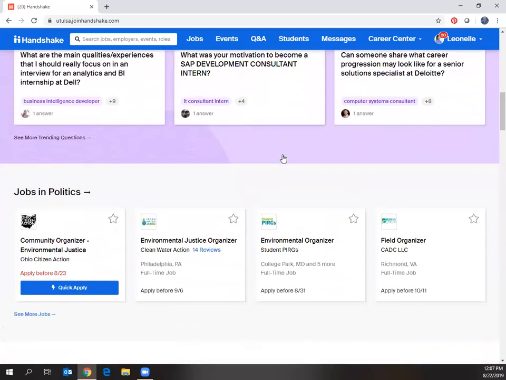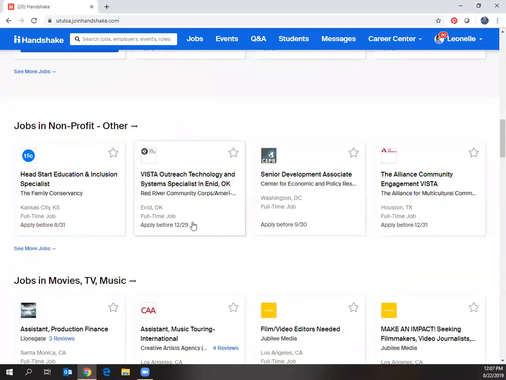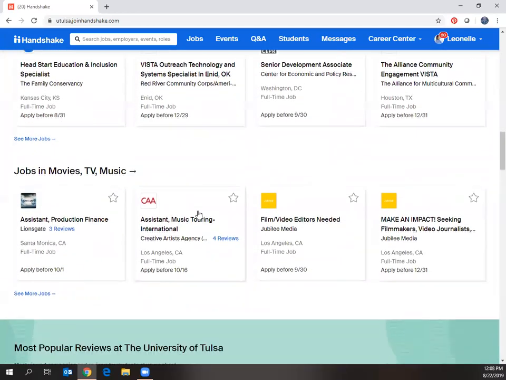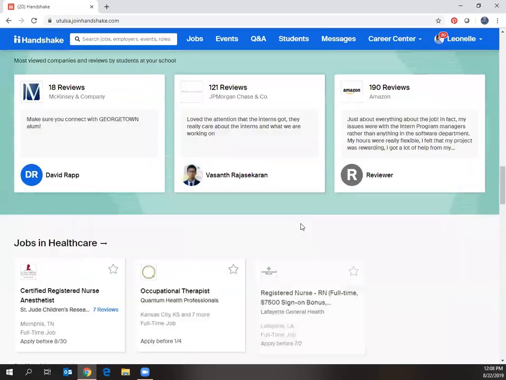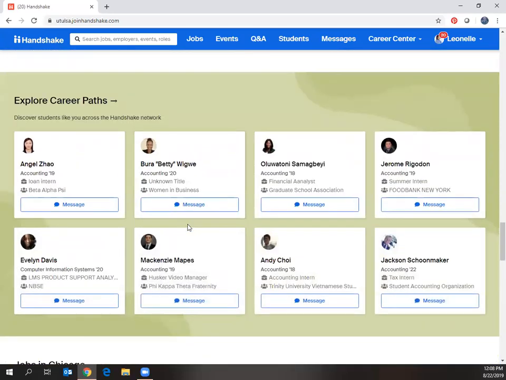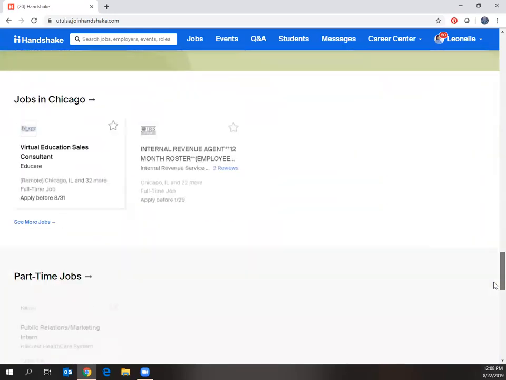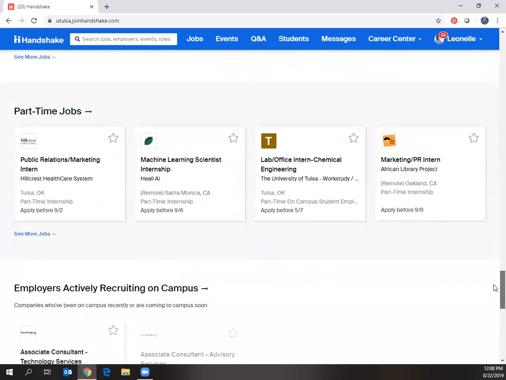We also have, one of my options I selected back on the previous screen was political interest. So there's different jobs for that. Nonprofit, this is based on sometimes your search history. So just different areas. There's reviews at the University of Tulsa. So students have given reviews, jobs in healthcare, jobs in Denver. So this is the first page you'll see. While it may seem overwhelming, it's just based on the information you've put in. So part-time jobs, if you're looking in those locations,